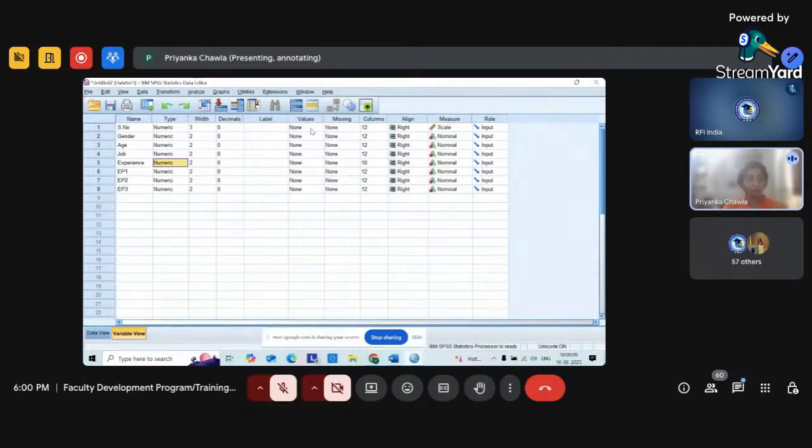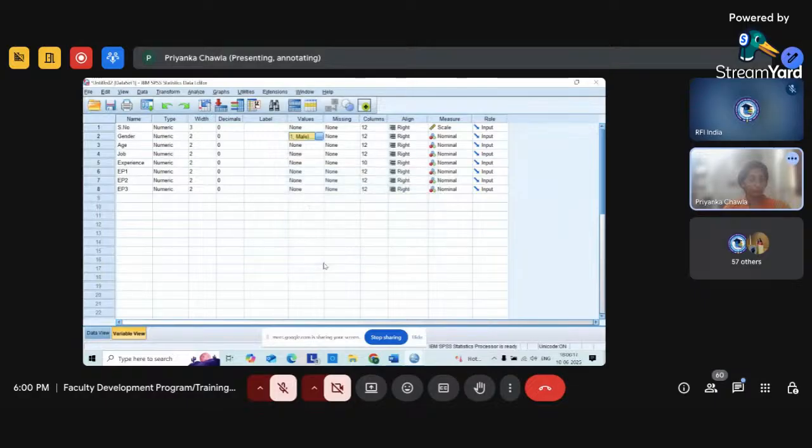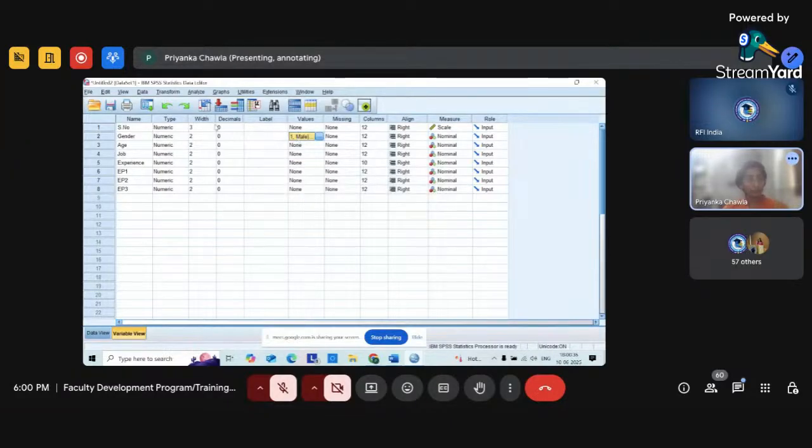This value is important. So you have to remember gender. You have to give 1 for male. This value you have to mention, and 2 for female. So when you extract data from any other file, from Excel or SAS or any other file to SPSS, this you have to do. These values you have to give